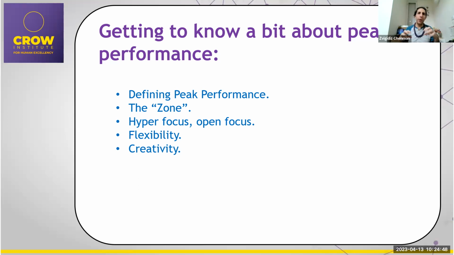Now, flexibility and creativity. Flexibility, obviously, like I said, between open focus and closed focus, right? So this is a very important thing. And creativity comes together because creativity gives us access, or comes from access, to our theta waves in the brain, which we've seen before. Now, being able to go into theta, the most maybe helpful thing that I can give you about it, if we're thinking about why is it important and all those explanations and all this data.